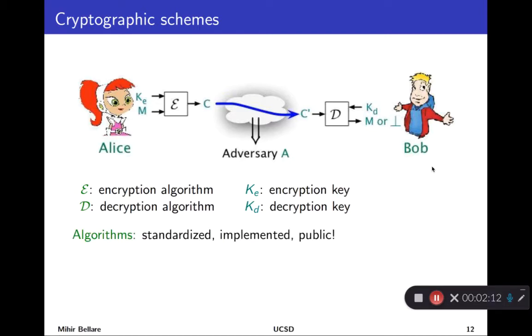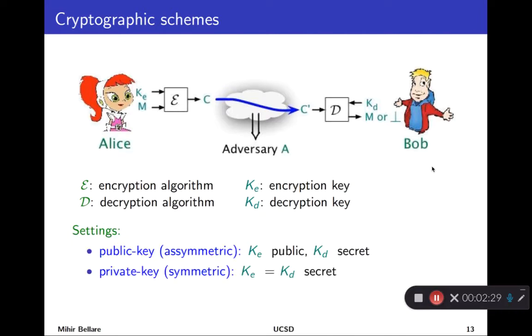These algorithms that we use are not secrets. They're usually something that you can find anywhere on the internet. Their descriptions are public, they're embedded into standards, there are implementations out there. So all the security resides in the keys. These keys are usually short strings of hundreds to thousands of bits long, and they're chosen with some randomness in them so that they're not a priori guessable.